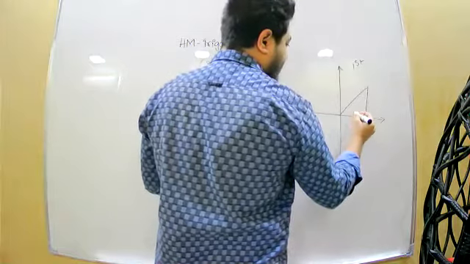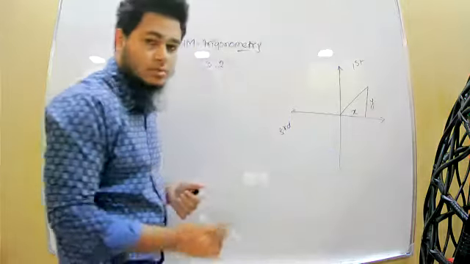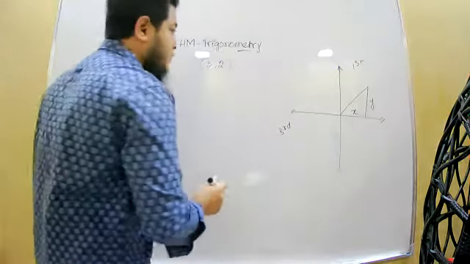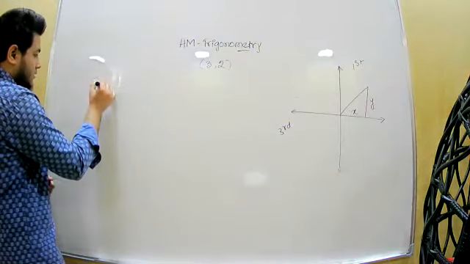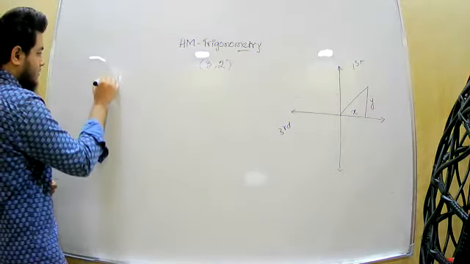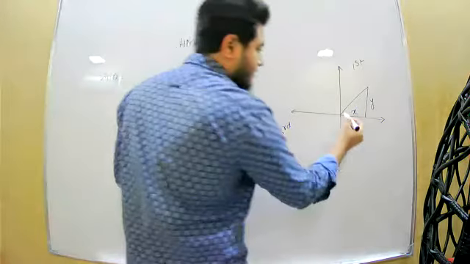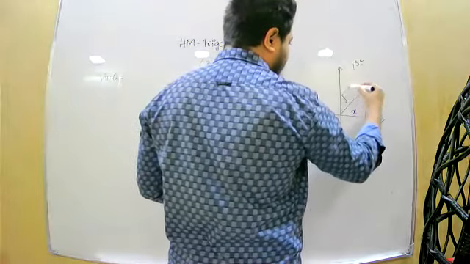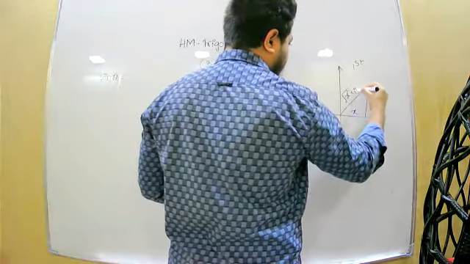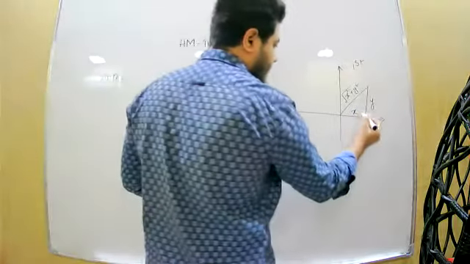That is, here x will be positive and y will also be positive, right? So as a result, what happens? For sine theta, you can see that this is x, this is y, and this will be root over x square plus y square. Correct? According to Pythagoras theorem,